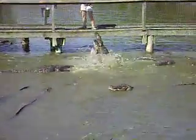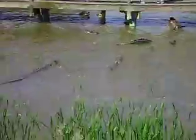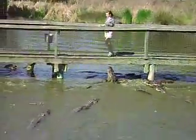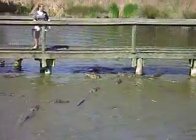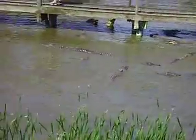I want to thank you guys so much for coming out to the 11 o'clock Alligator Feeding. Let's go ahead and give Mary, our extra feeder, a big round of applause for helping us out. Now, if you have any questions for us, Mary and I will be exiting out the albino alligator house. So we invite you to come on over and chat with us. Also, at the top of the next hour at 12 o'clock,